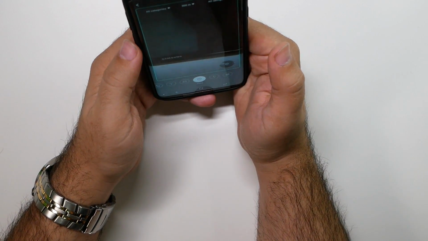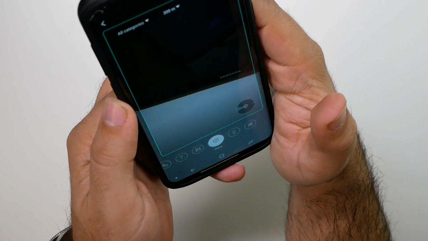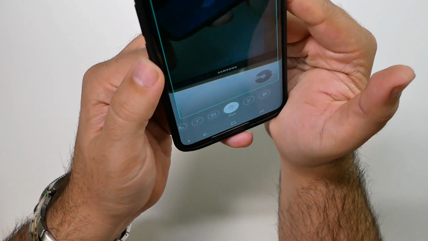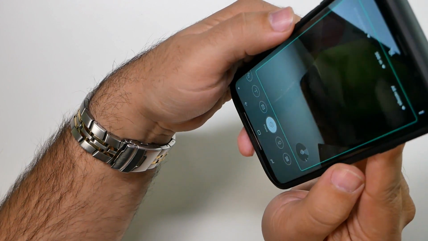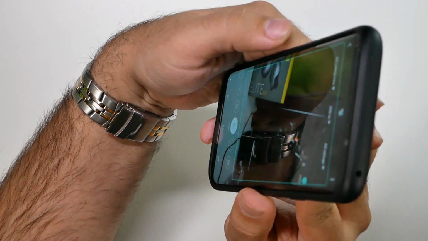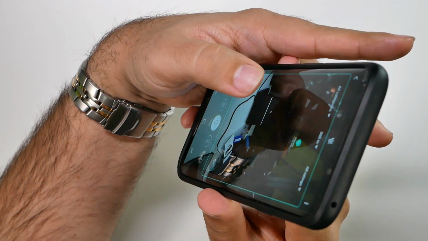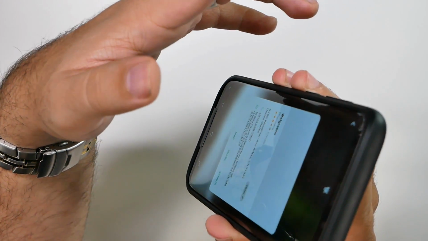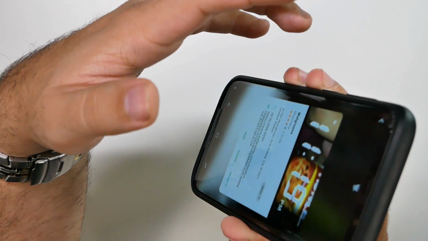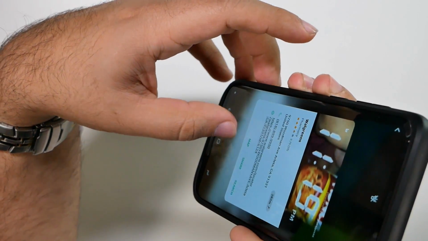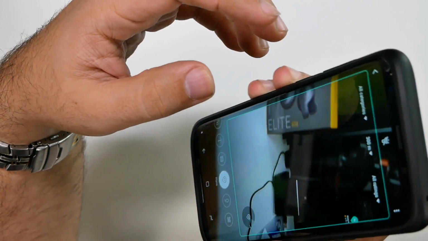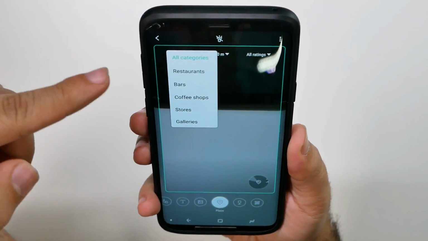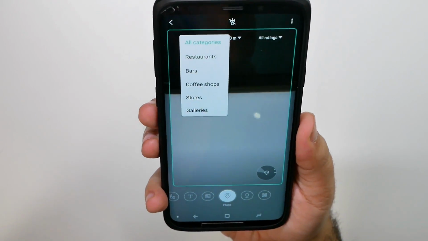the My Location one. What this does is it tells you what is around you, and if you point it down, it'll give you your specific location. So if I point it this way, it's going to have some food places or destinations. So here is a Walgreens not too far away from me that showed up on the map. And you can narrow this down by putting categories. So you can put restaurants, bars, coffee shops to give you a good idea